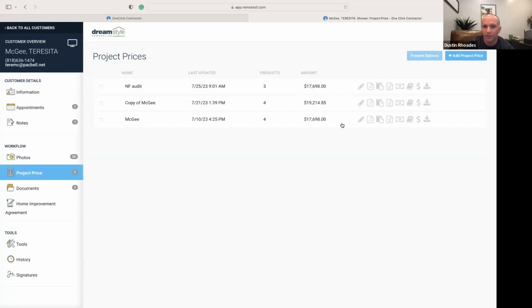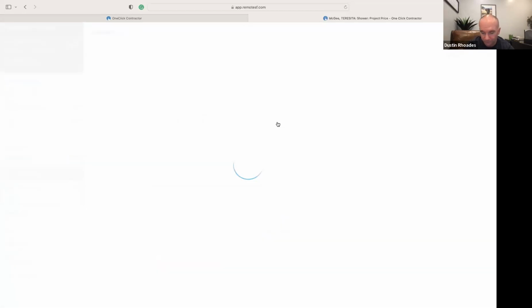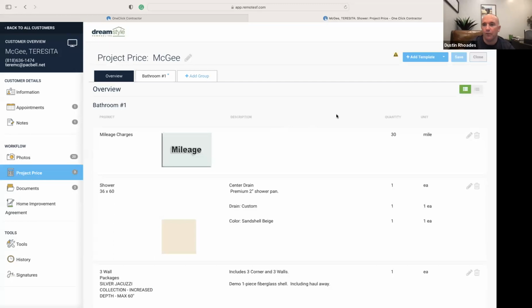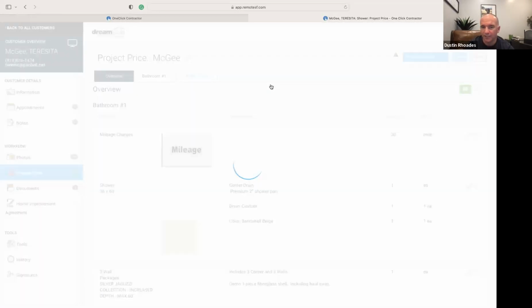This one's been sold. Let's say I want to do another change order. See where it says copy? I'm going to go back into the original agreement. I'm going to tap here. Now what I'm going to do is come to the template here. I'm going to touch this little arrow that looks like it flips down, and I'm going to say duplicate template. As I duplicate it,